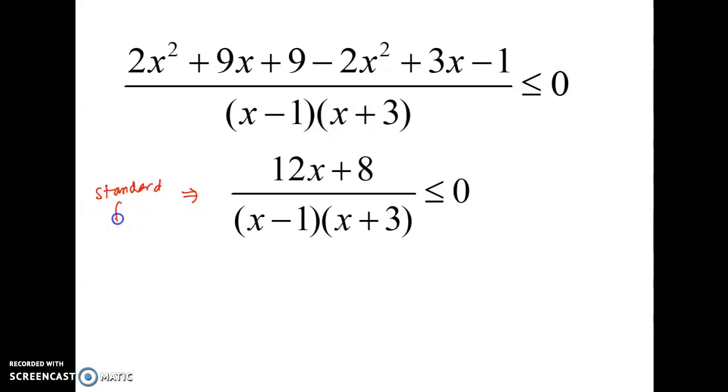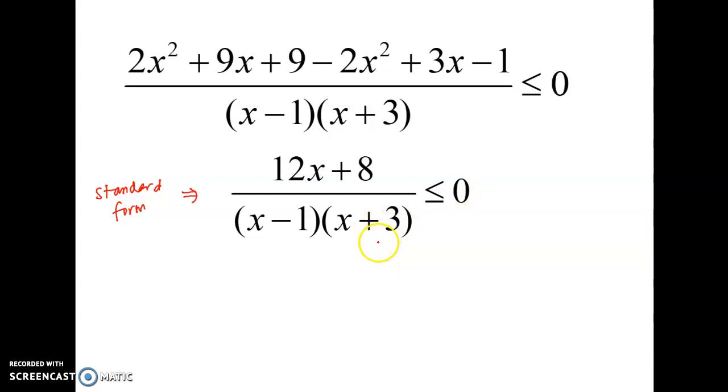Why do I call it standard form? Because standard form means I convert the whole left hand side into linear expressions. On top, I have one linear expression. Down here, I have my quadratic, but I have factorised it into linear factor form. I must have linear factors in my left hand side, and on the right hand side, I have my 0. So now I can start to